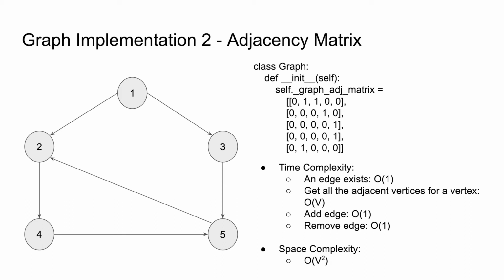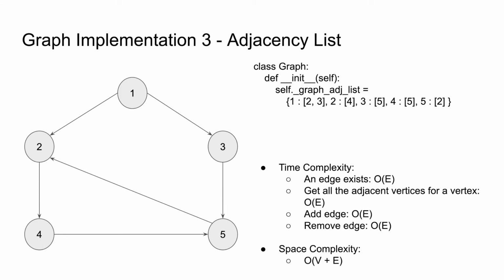The third way to represent a graph in Python is by using an adjacency list. An adjacency list is basically a dictionary-based structure where the keys are all the vertices in the graph. So for example, in this particular graph we have 5 vertices, 1, 2, 3, 4 and 5, and that's the reason we can see in this particular dictionary we have 5 keys, 1, 2, 3, 4 and 5, and the values are the nodes this particular vertex is connected with.